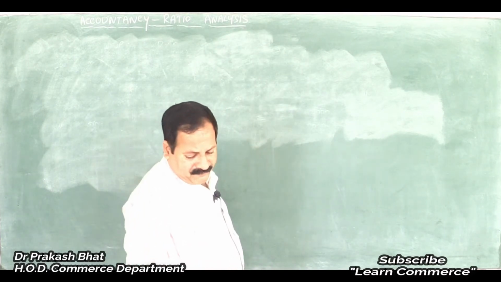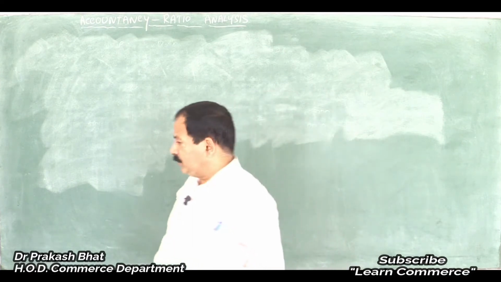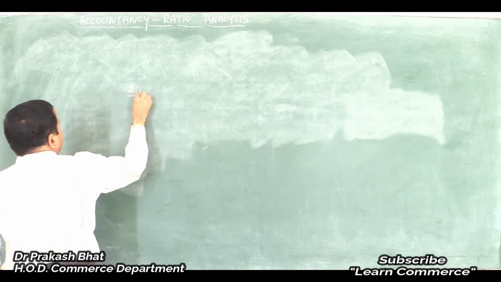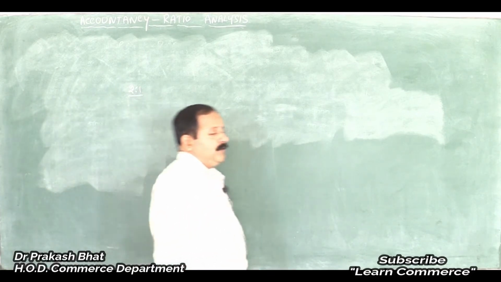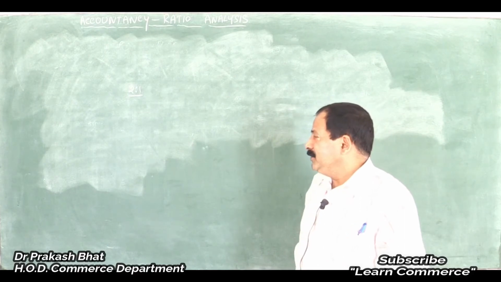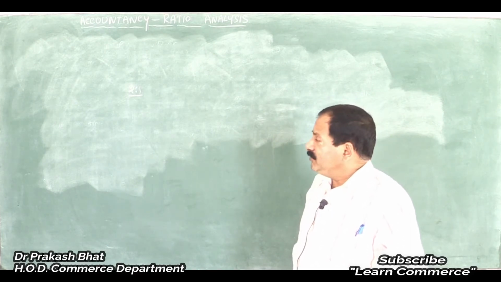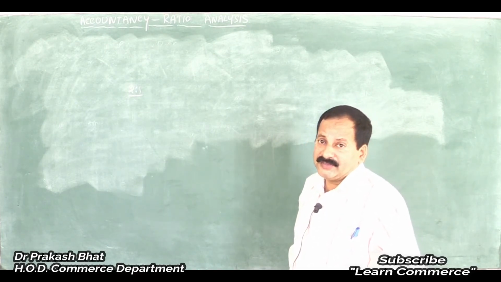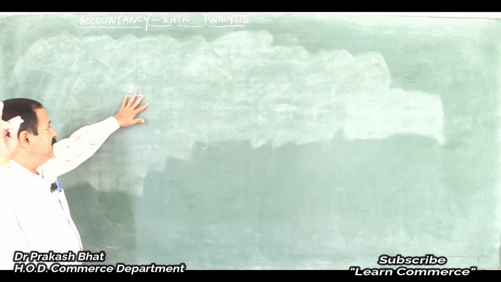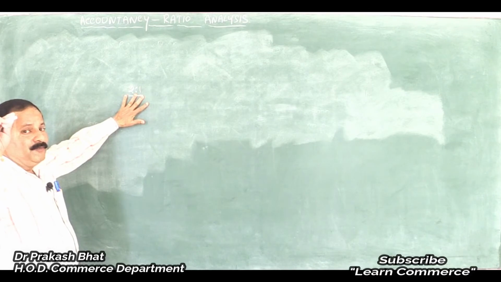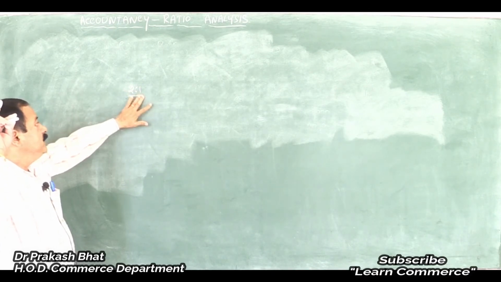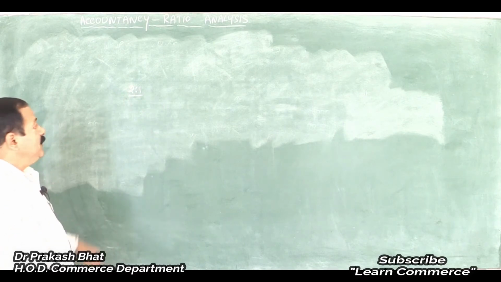What is the rule of thumb of current ratio? Rule of thumb is 2:1. There must be 2:1 ratio for any company. That is as the rule of thumb. That is normally a company should have 2:1 current ratio. That means current liabilities should be 50% of the current assets, or current assets should be double the current liability. That is what the rule of thumb is.